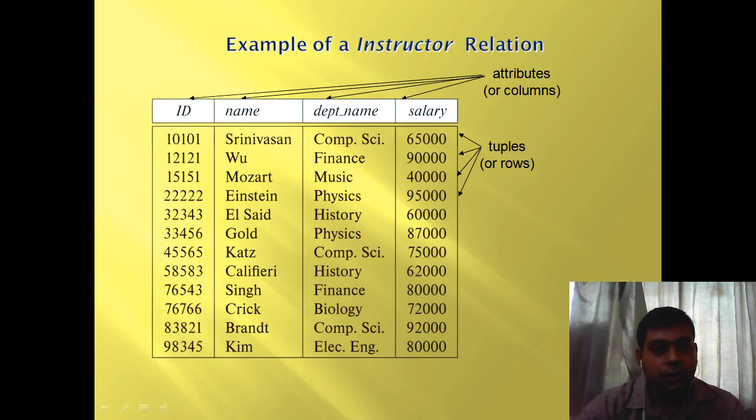Now coming to the row or tuple, every tuple here you can see that I have underlined. This is one tuple, then next tuple. One by one there are many of the tuples. Now every tuple is describing a separate instructor. So every instructor is designated by a unique ID here, that is the first column.